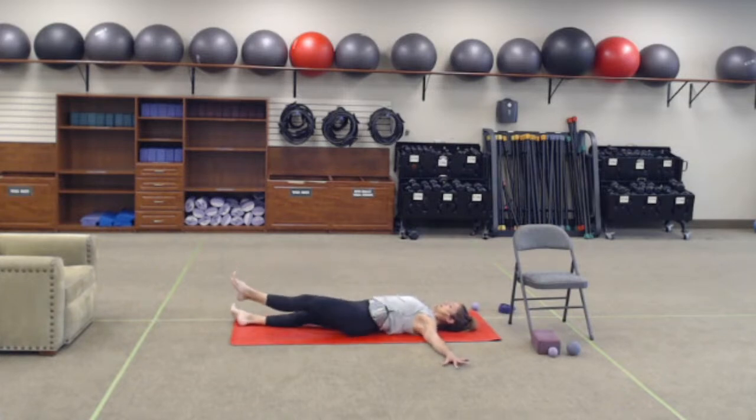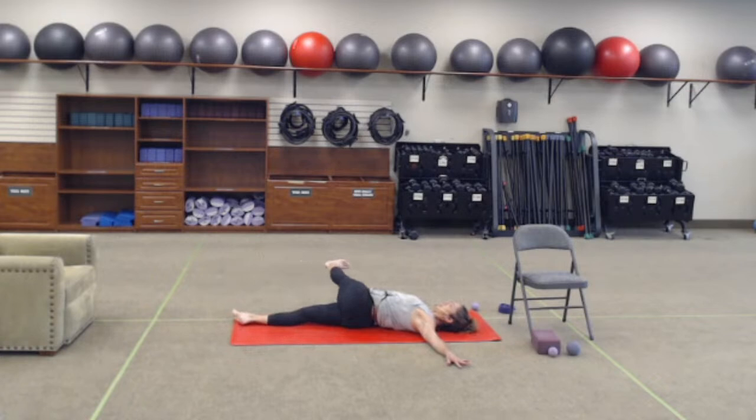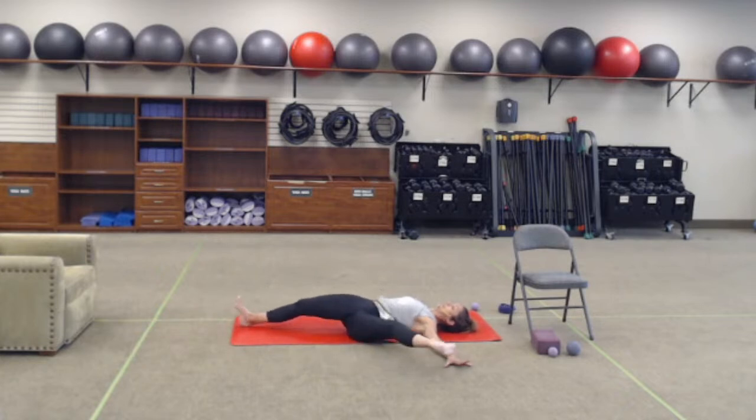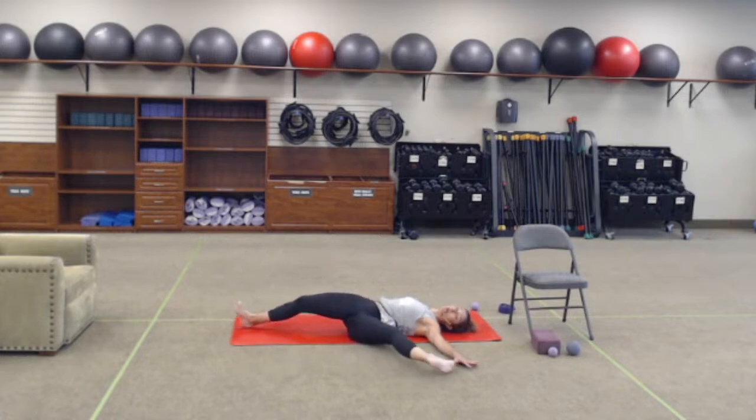down and around, to your left. Again, down, over to your right, down, out to the left. Again. So we're moving that femur inside of that hip. Also getting some spinal movement here. One more, I'm going to hold